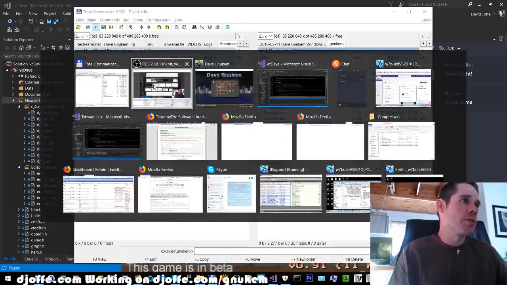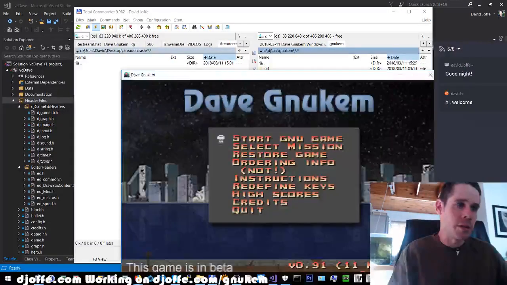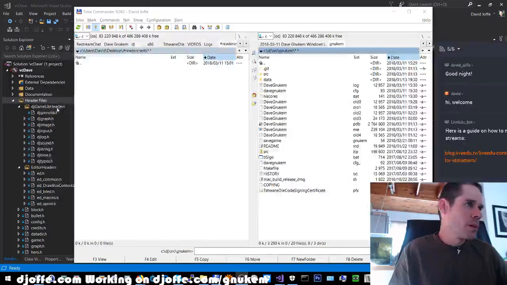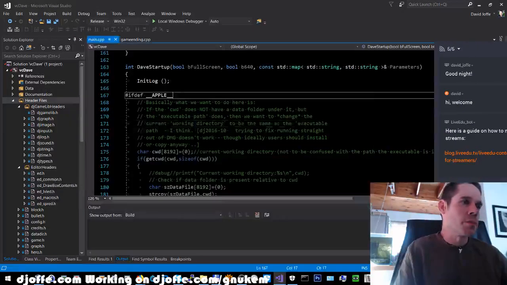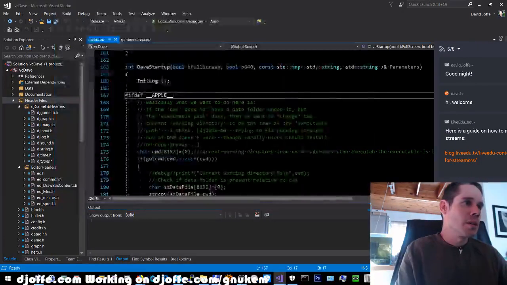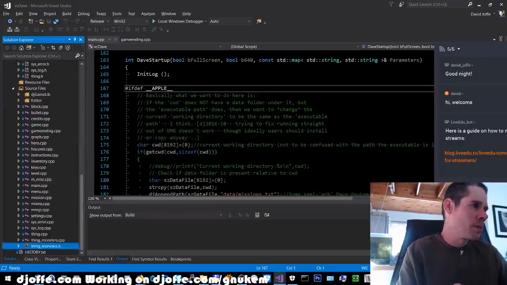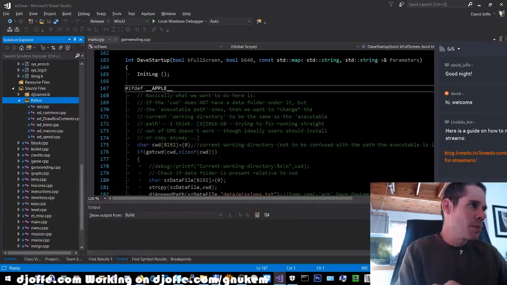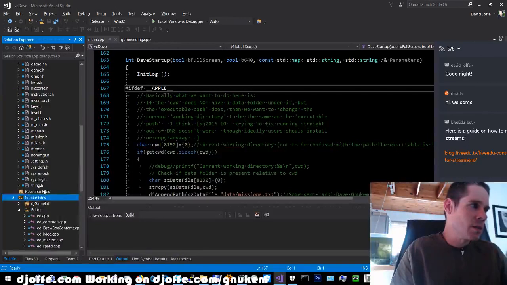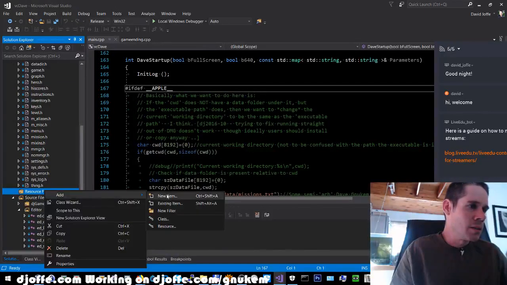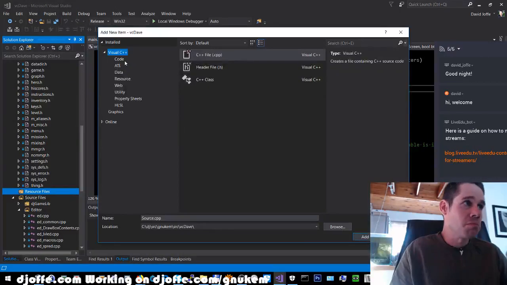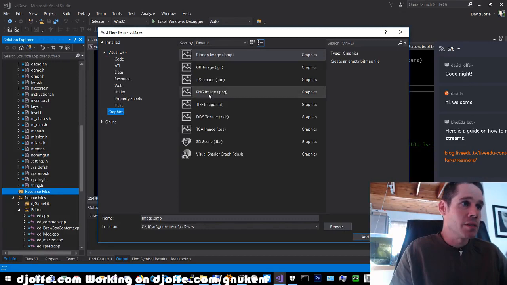I'm not even 100% sure how to just add an icon to the damn thing. There is obviously an icon when it runs, but that gets set at runtime. It's not embedded in the exe. Normally in Windows you add a resource to the project as an icon. So a resource, new, graphics,